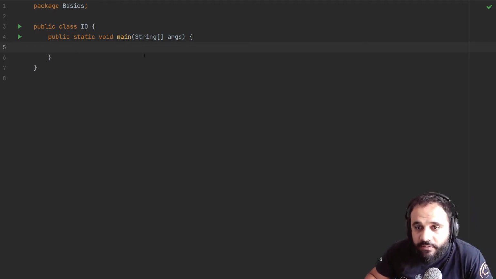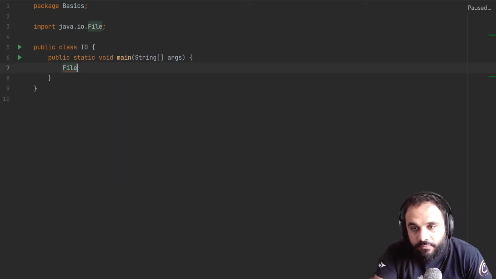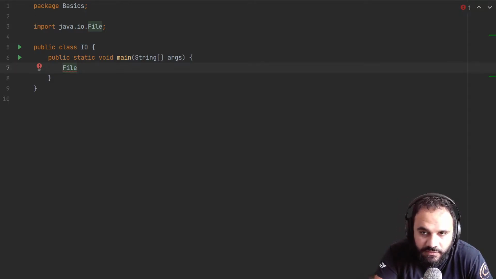So let's talk about a class that's given to us called File. File helps us with manipulating files or directories, either creating them, deleting them, modifying them, and so forth. There's a lot of things. So let's get started with this File. So when we create a File object,